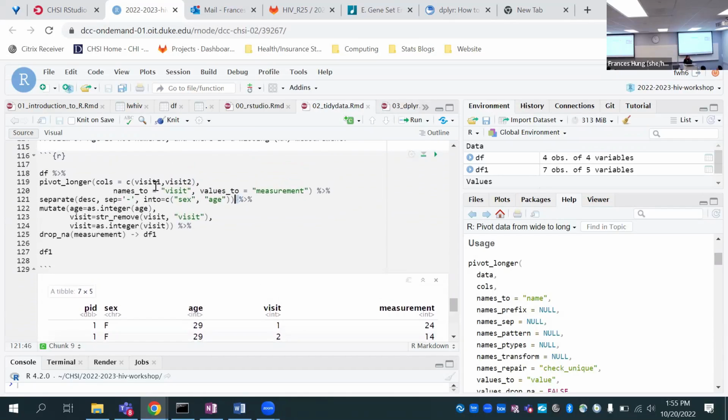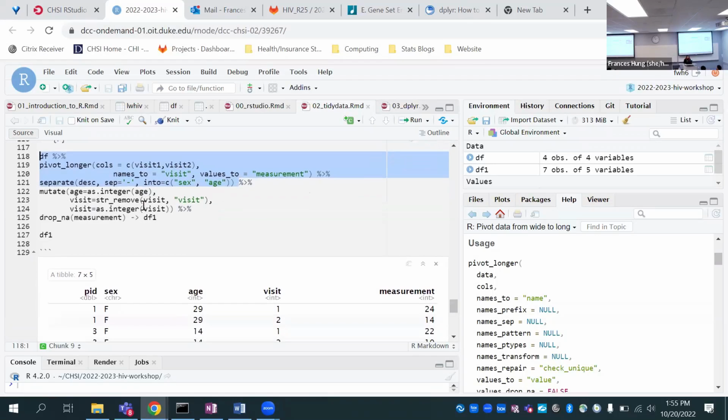So all this is what we did before. So we can look at what follows. Let me just highlight this again. Once we finish tidying most of it, we're going to make age into an integer. And we do this by using a mutate function. So mutate lets us mutate certain columns. In this case, we mutate age and visit. So here, we mutate age to be equal to age as an integer. This as integer function forces age to be an integer, even though it's a string right now.